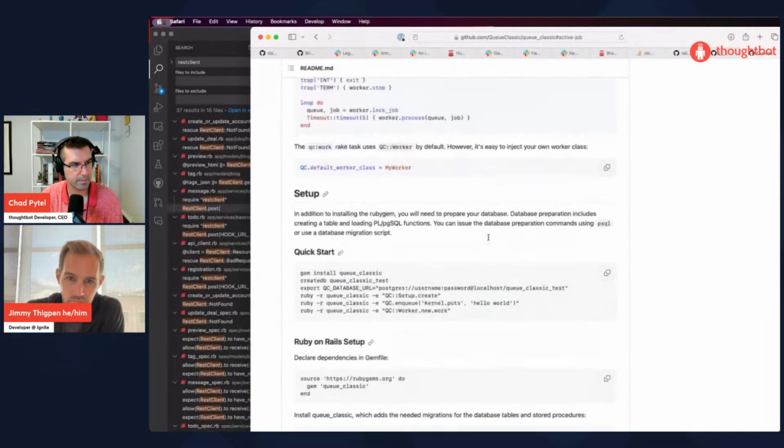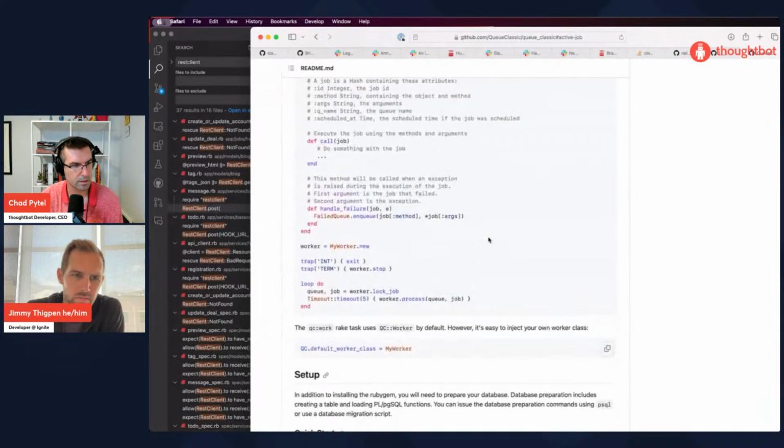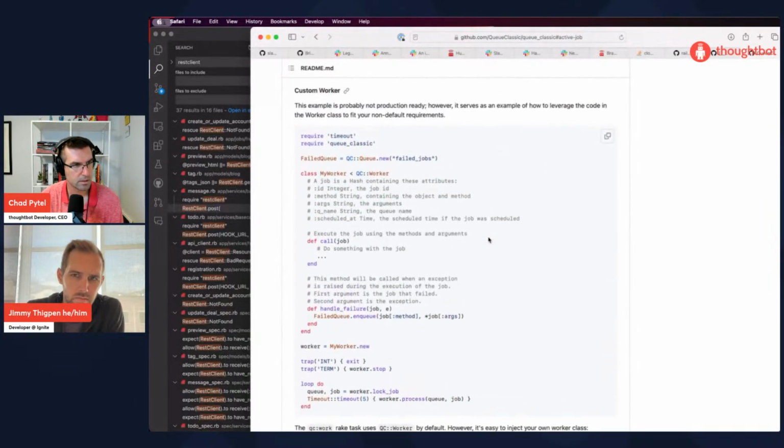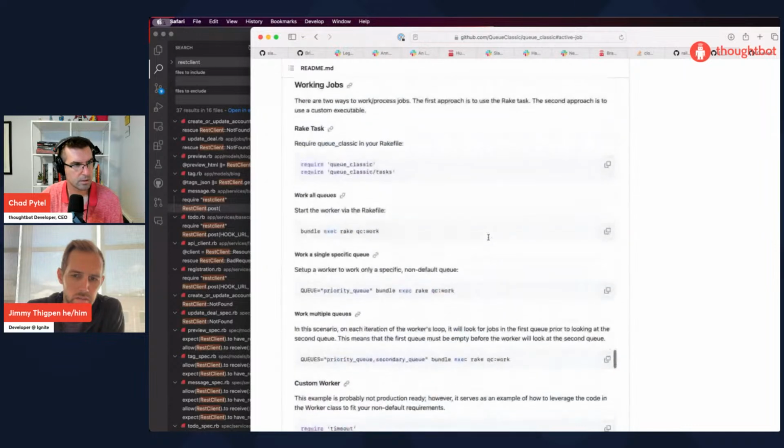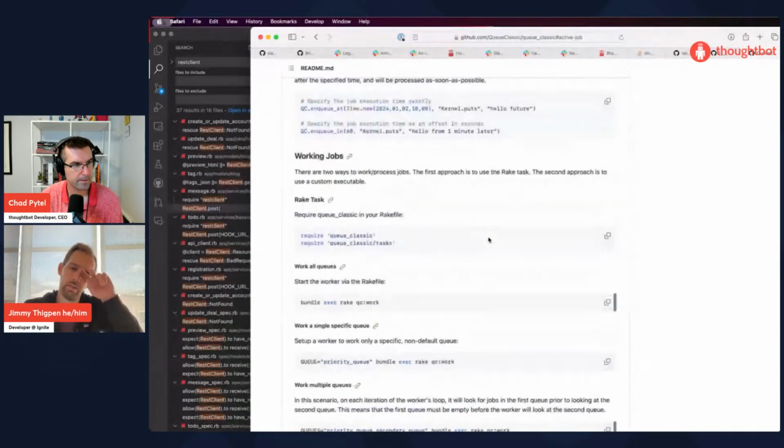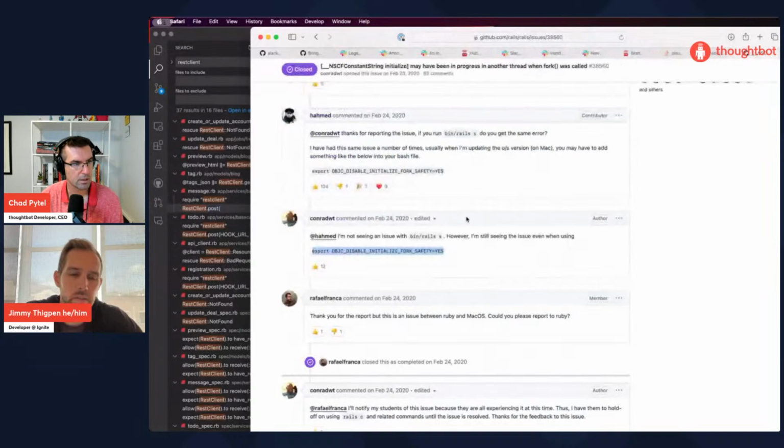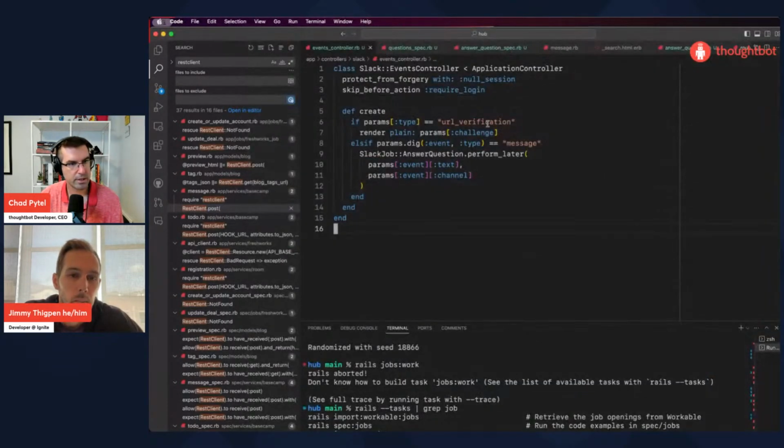We don't want to set up a new queuing. Is there a way to just change the local dev's behavior for now and resend a question? Yeah, if we change this to perform now, it'll execute the job immediately. We don't want to keep it that way.